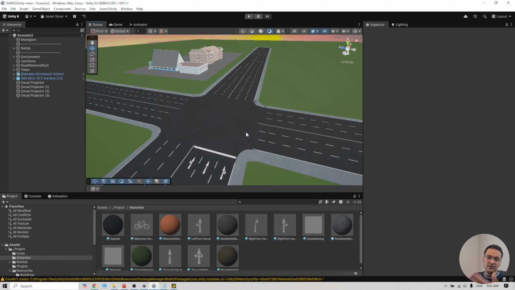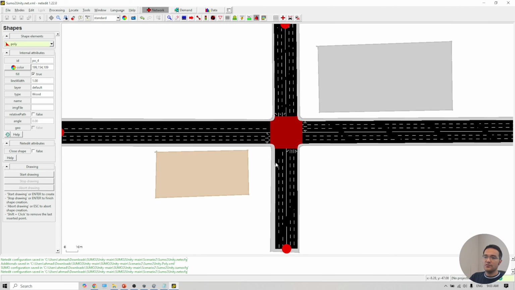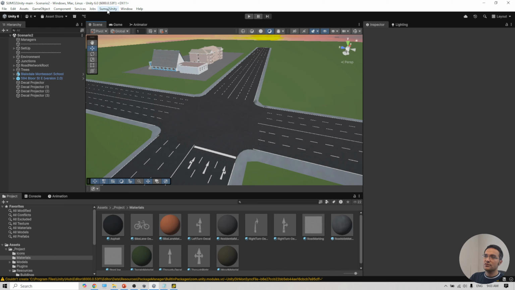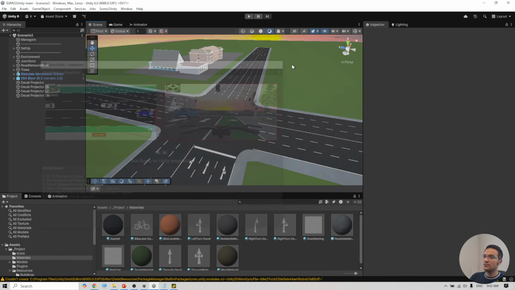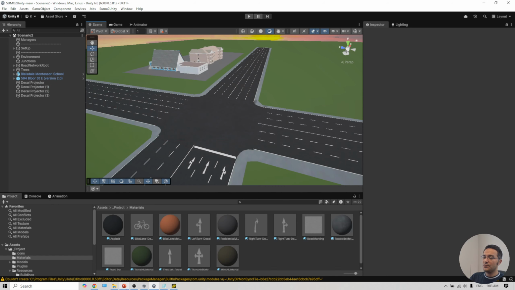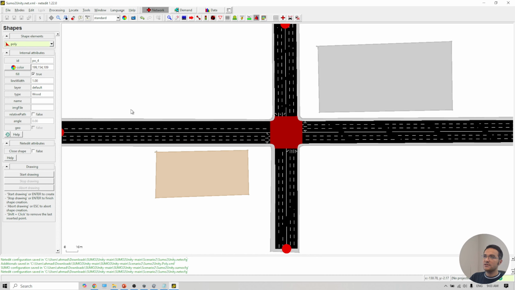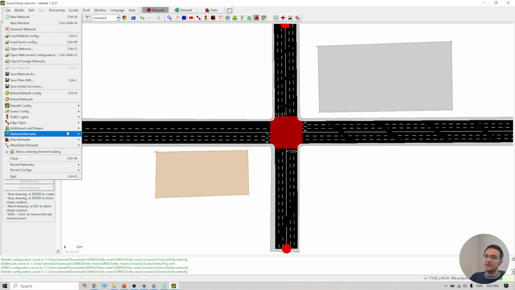we will add traffic lights later on for these signalized intersections. So let's just go quickly this time through the integrations. Here we will go to the second steps. If you go to the Unity, SUMO to Unity, run SUMO to Unity integration, you will see these steps. Just follow those steps. So first thing first is go to SUMO, and then again file, and then demand element,